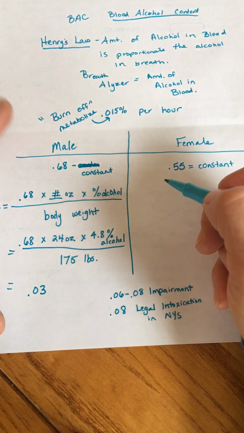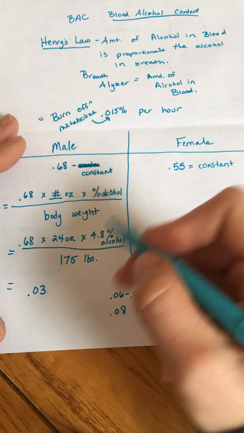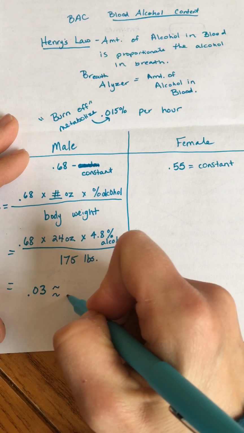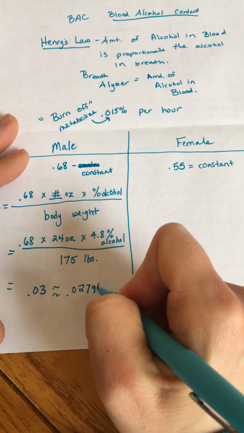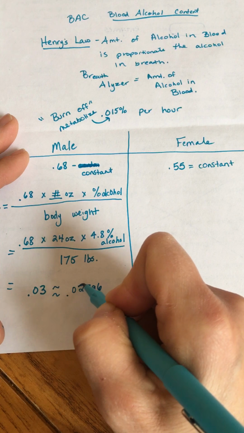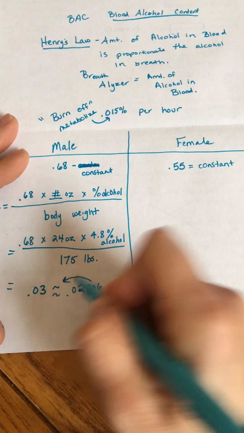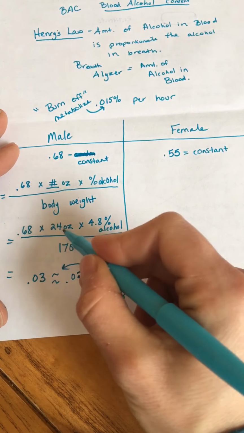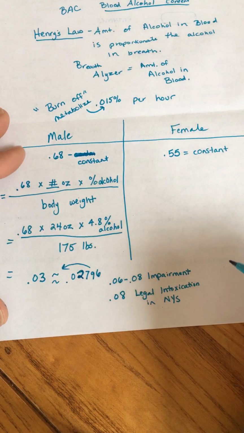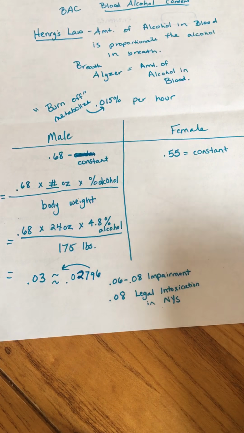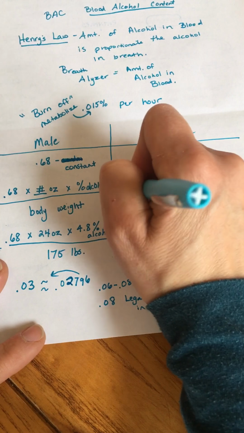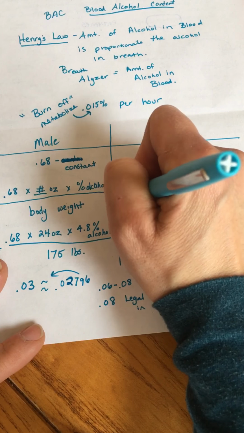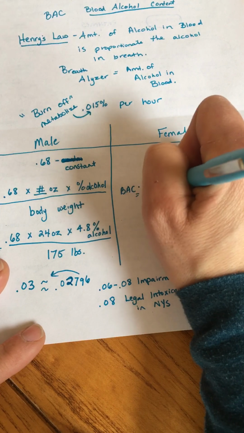So let's do females just to see. By the way, this was approximately 0.02796. So just to give you that idea, that was my number that I got, 0.02796, if I multiplied all 3 of these numbers, divided by 175 pounds. And I did need to convert some numbers, but that's okay. We got the point. So for females, to get our blood alcohol content, we've got 0.55 times